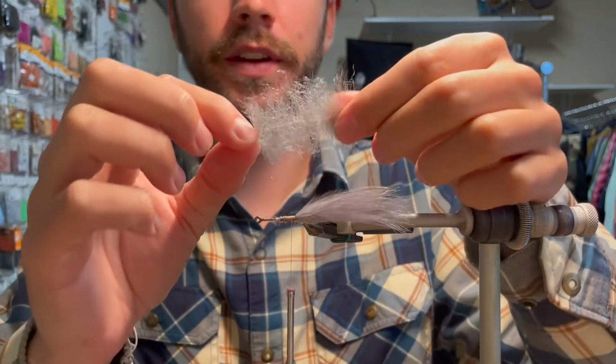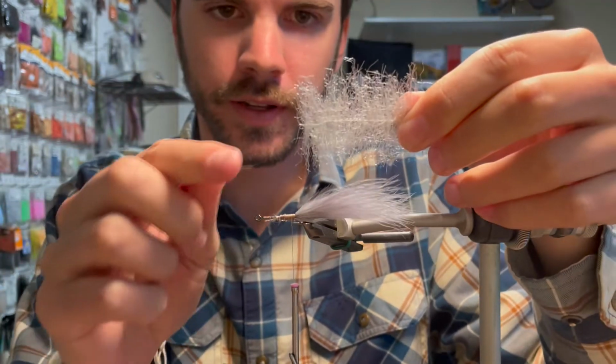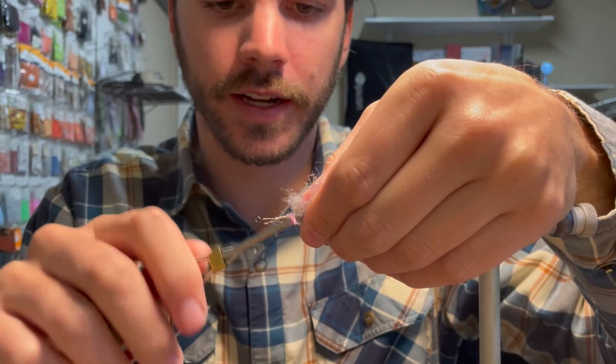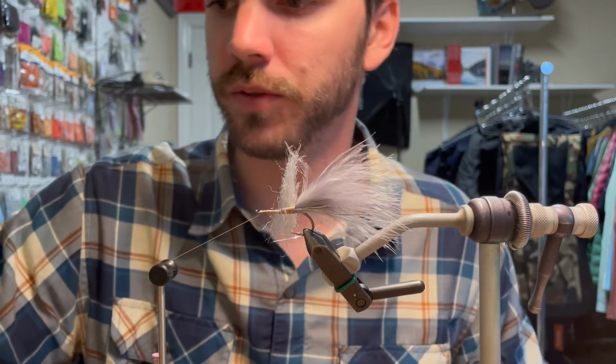Basics on this one, you're going to take one end of it and you want to pull just a hair bit of that stuff off of there, expose a little bit of that wire, and then tie it in at the back, and then do a little half hitch. Take your little